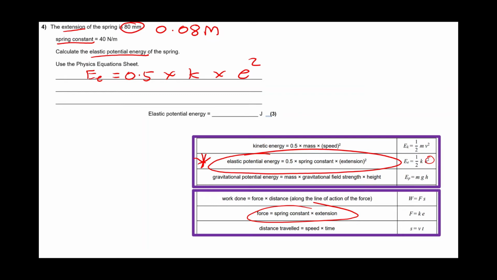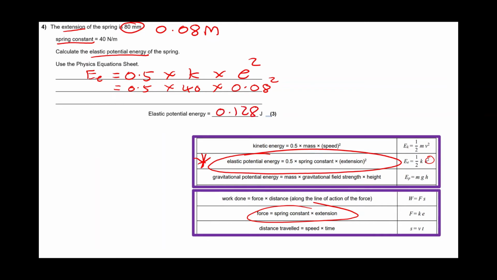So we're then going to put the numbers in, literally directly below. So 0.5 times by 40 times by 0.08 squared. Again, put it into your calculator, 0.5 times by 40 times 0.08 squared, and it's going to give us 0.128